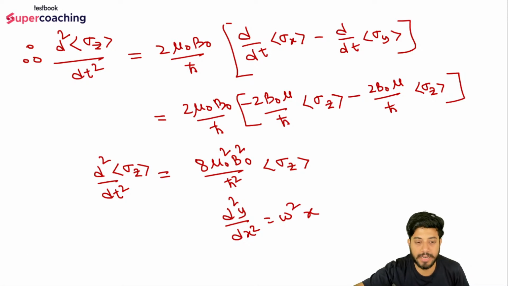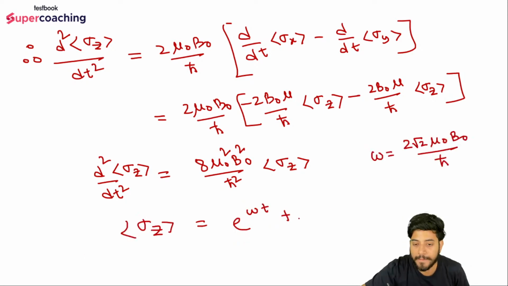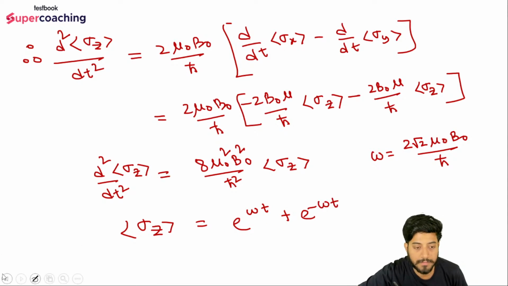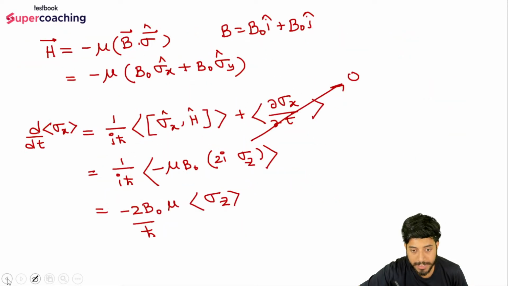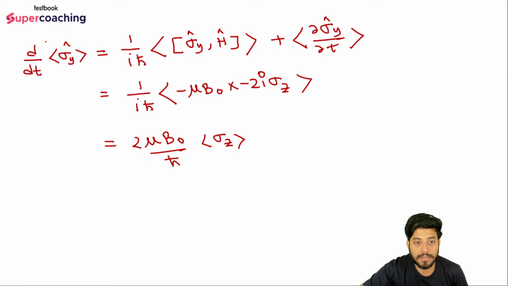Okay, fine. It's looking like this, so I can write down e to the power of minus omega t. You see, it's a time-dependent function, right? Sigma z expectation is a time-dependent function. If sigma z expectation is a time-dependent function, then the rate of change of this